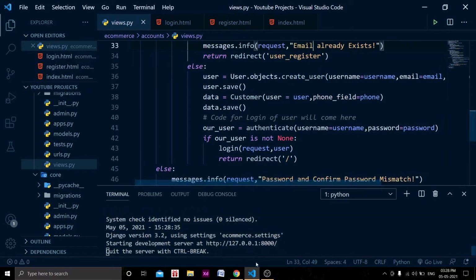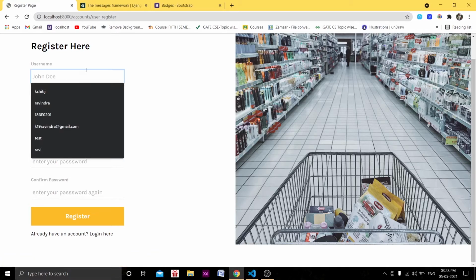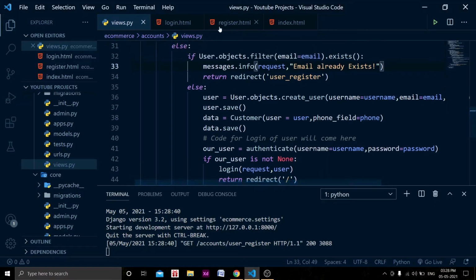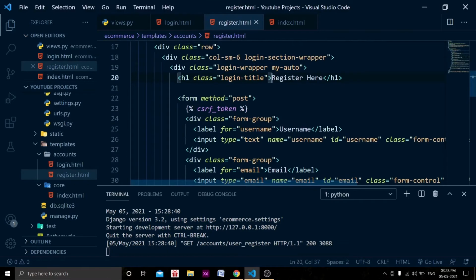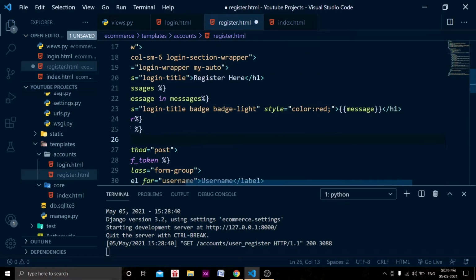Okay, so we have done the coding of that register page. Also hit that refresh button, and let's try to add a false user with false information. In the register.html page we need to show them also. So in the login page, what we have done, just copy this, and in the register page I am trying to save my time and your time also. But when you are doing this, make sure that you don't copy and paste much. Try to make a habit. And here I am going to do the same thing, message.